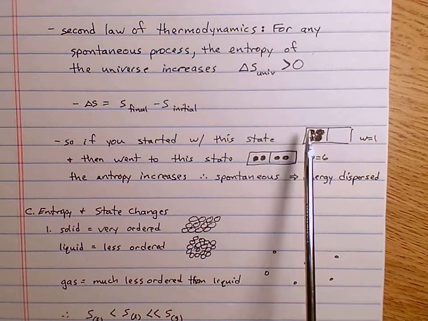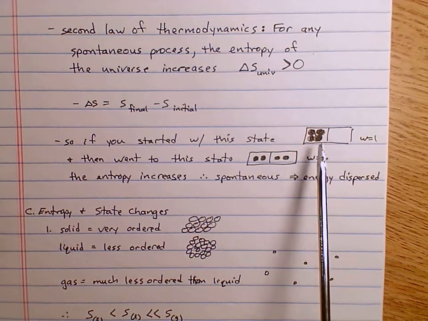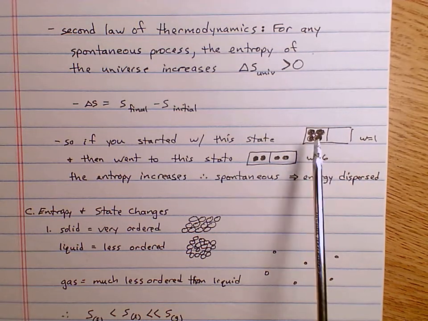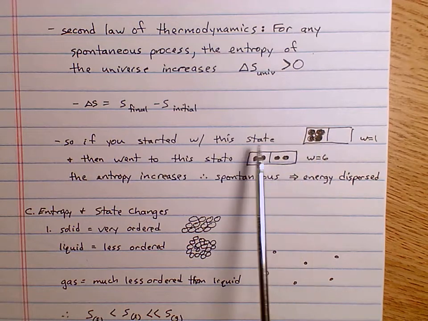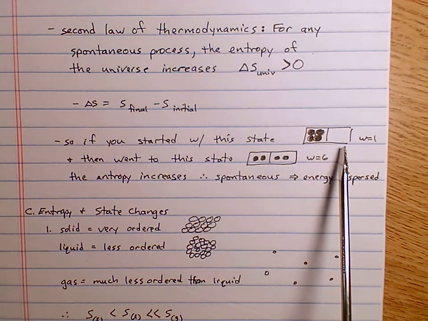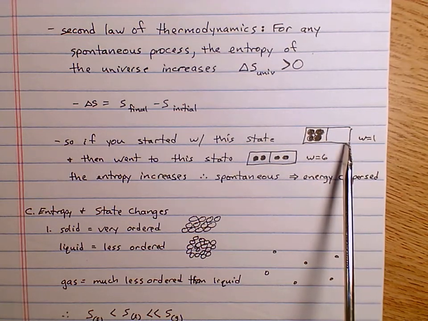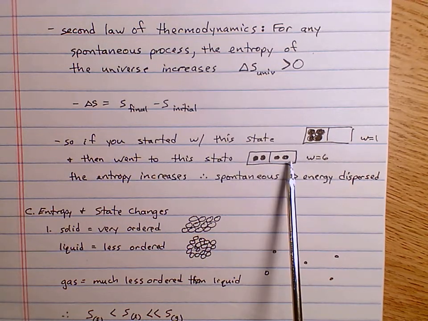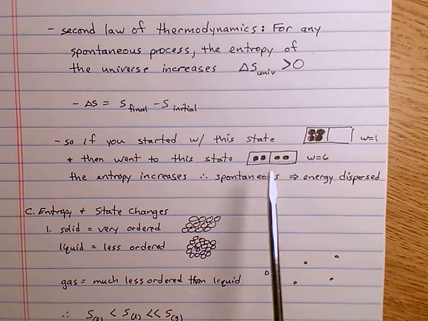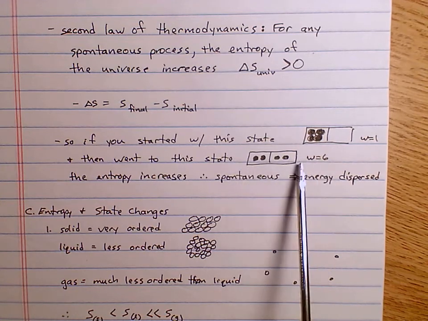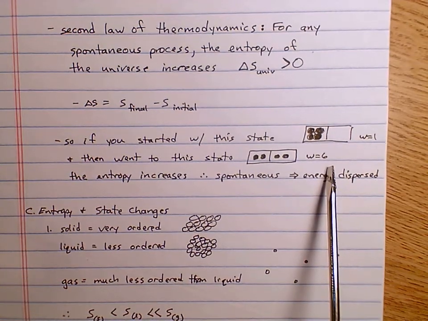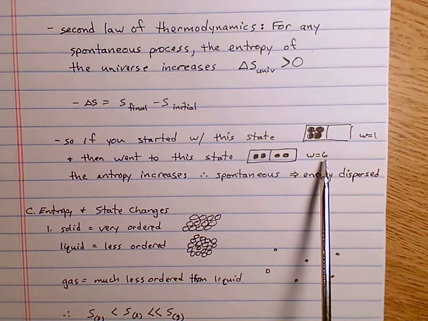So here's 1 macrostate. This is 1 macrostate with all 4 balls on the left side, and that also has 1 microstate. A different macrostate would have all 4 balls on the right side, but that would also only have 1 microstate. A different macrostate would have 2 balls on this side and 2 balls on this side. And we will see that in this macrostate, as we saw before, there are 6 possible microstates, which means the energy is spread out over 6 possible variations, which means this has higher entropy,